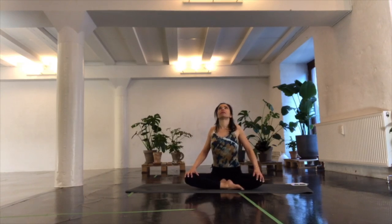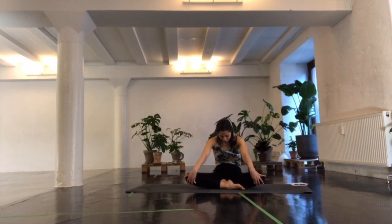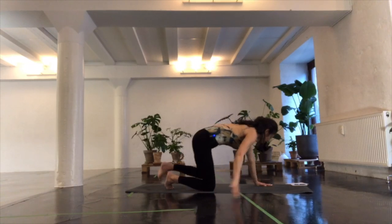Shoulder down and back, exhale. Shoulders forward, stretch your arms, gaze at your navel. Now inhale, come back to the center. And as you exhale, bring your hands forward and come onto all fours. We're just going to take a short